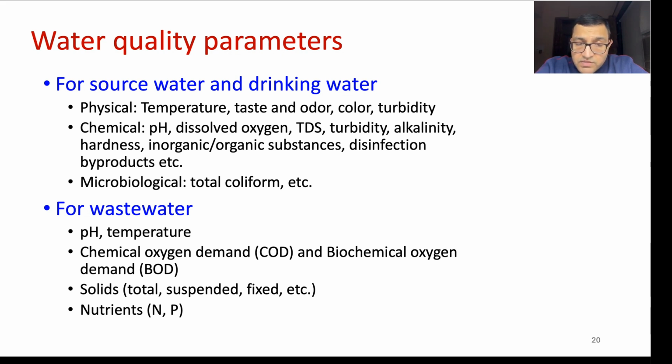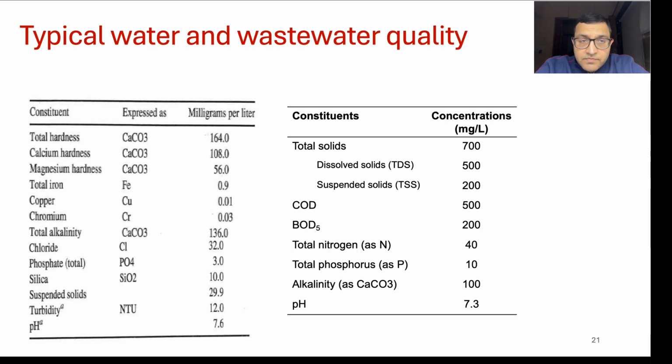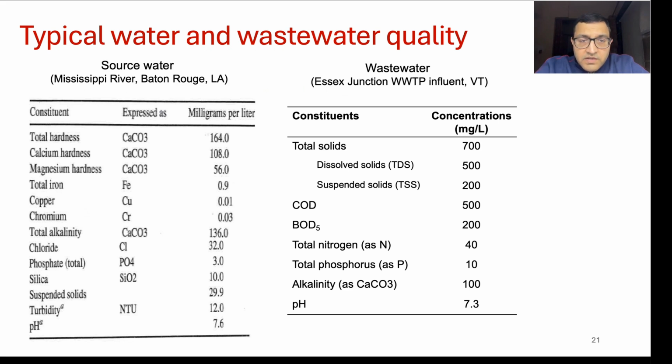Then we measure different solids in wastewater: suspended solids, fixed solids, volatile solids, and then of course we measure the nutrients, nitrogen and phosphorus. So this is not an exhaustive list of water quality parameters, but it gives you an idea of the kinds of things we measure to quantify water quality. And then here's a